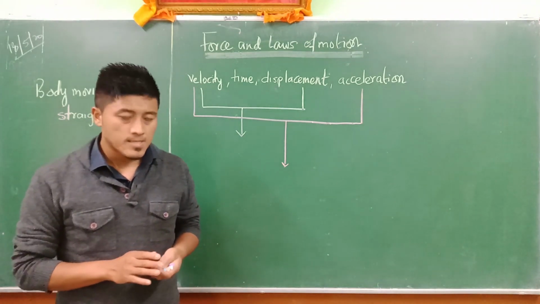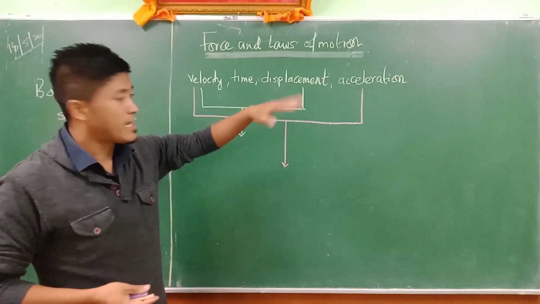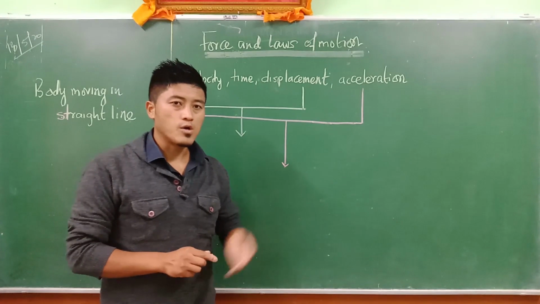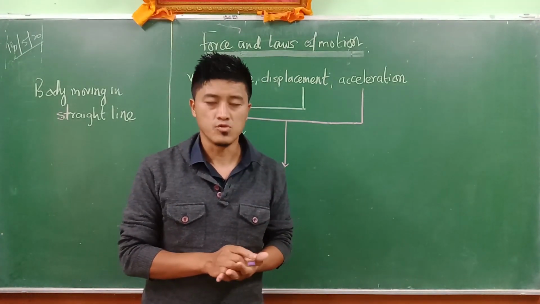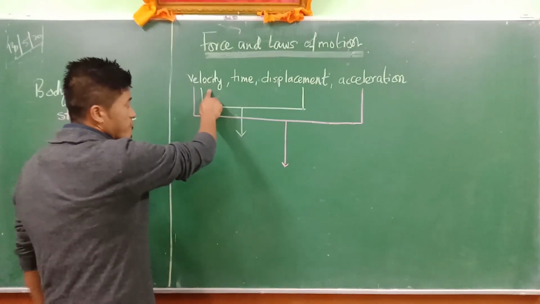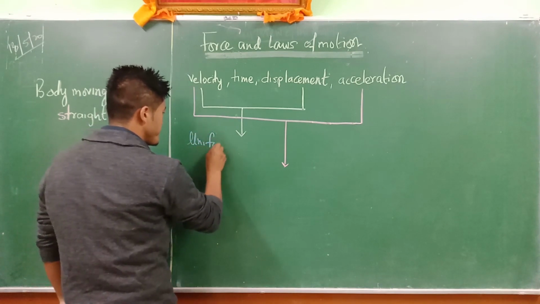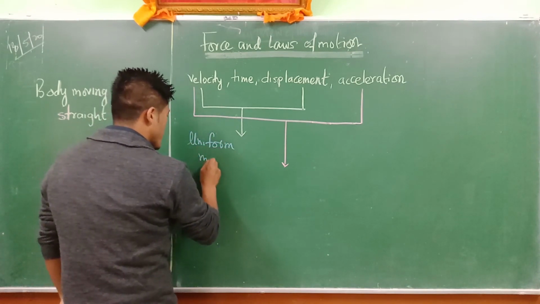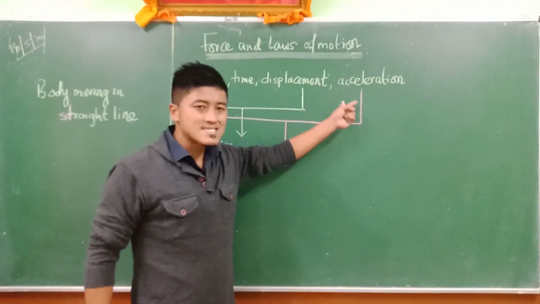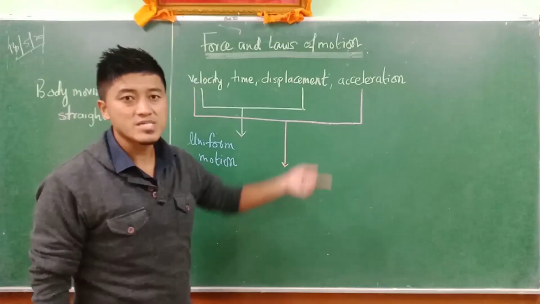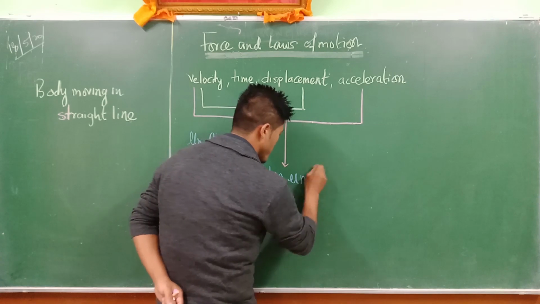of motion. So, in the motion chapter, we talked about velocity, time, displacement, and acceleration. On the basis of that, we classified the motion into two types, that is uniform motion and non-uniform motion. Whenever there is an involvement of velocity, time, and displacement, we call this uniform motion. The moment we insert acceleration along with velocity, time, and displacement, there is another kind of motion, that is non-uniform